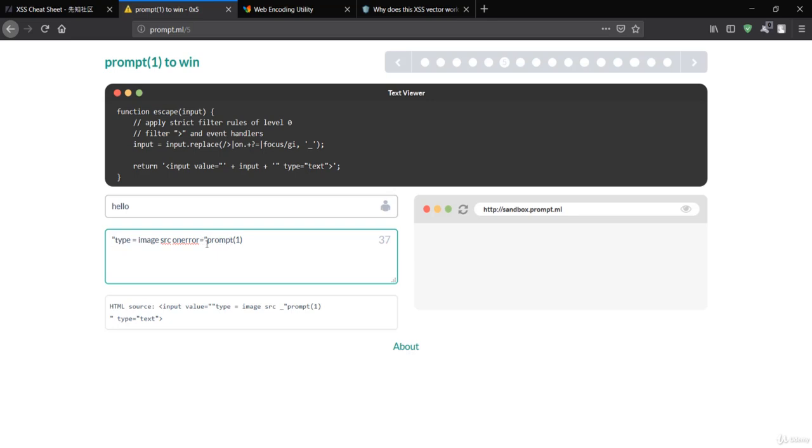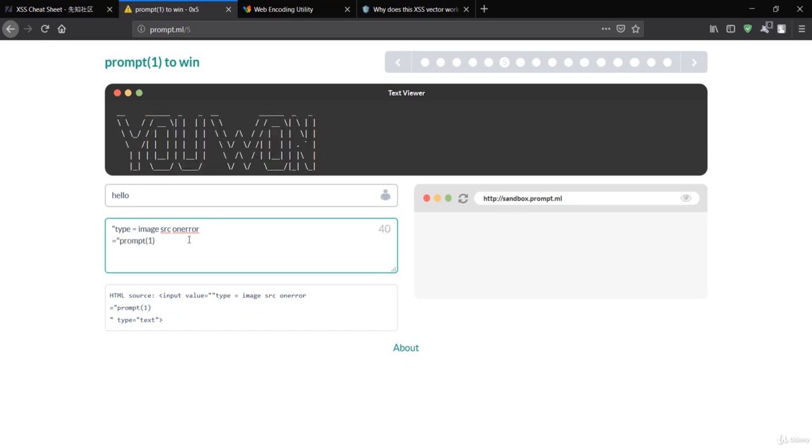So you can see the prompt over here, that is U1. What we just did here was change the type from text to image, and in the image attribute we have the event that is onerror. This will be triggered when this image field won't get any src. So here src is empty, which means this onerror will be triggered, which will give us a prompt of 1, and you can see U1 over here.